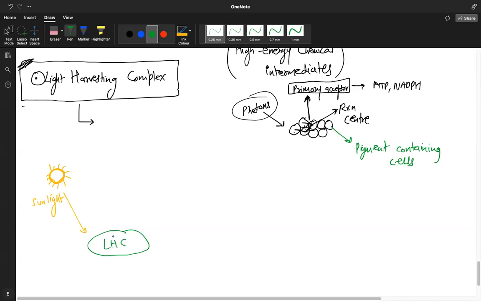Now, what is happening in this light harvesting complex is you are using the sunlight to excite the electrons, and these electrons that you are exciting are coming from splitting of the water. Splitting of the water we will talk about a little later in this discussion. So let me first focus on